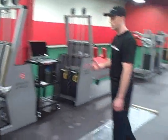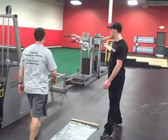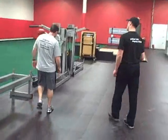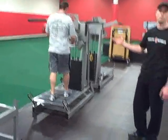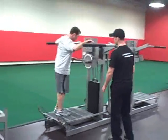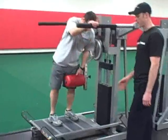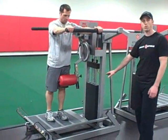As well as the plyo press, the other thing that we'll use to train the hip girdle in a supplementary way is the multi-hip machine. Now our pro multi-hip upon first glance might not be all that different from regular pro multi-hips in other gyms. What are the real differences? Real differences here are adjustability. I can work with any athlete from 5 feet up to 7 feet tall and a much larger weight stack,